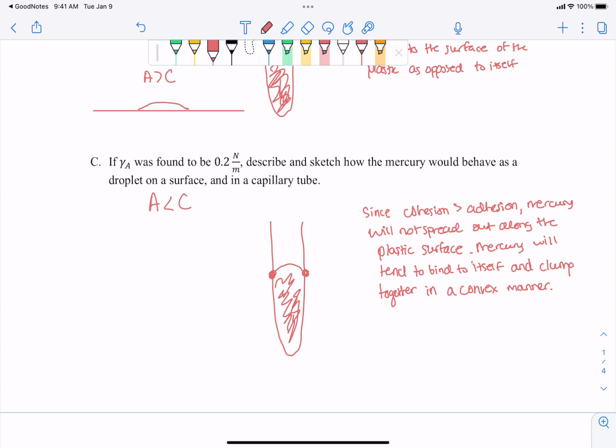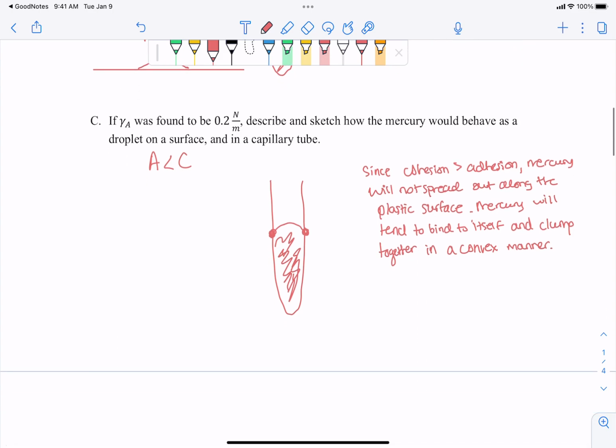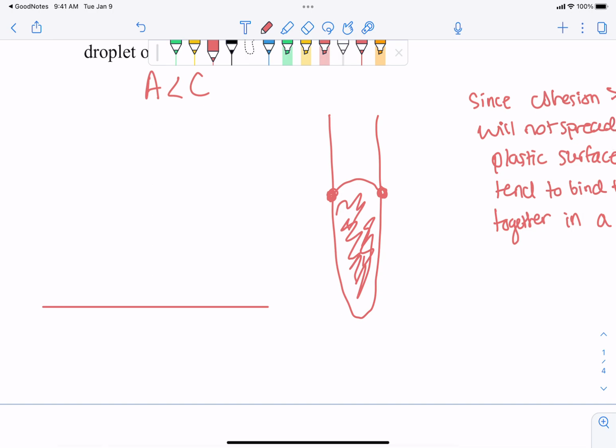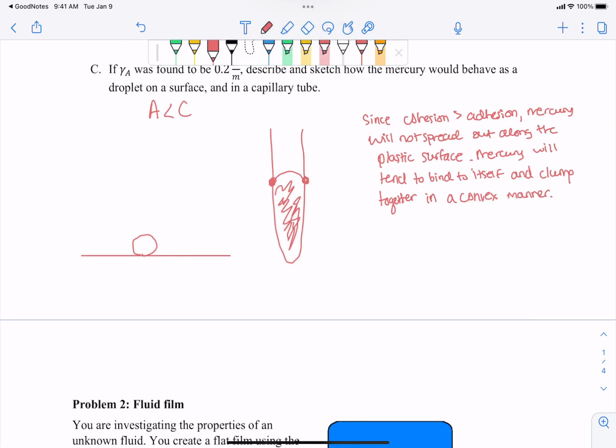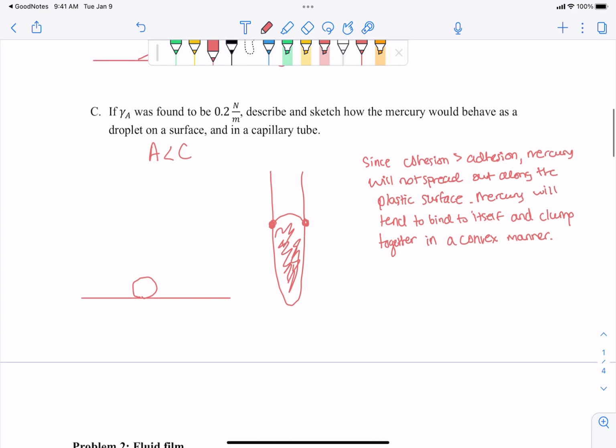And then for a droplet on a surface, right? How would that look? If the adhesive forces were less than the cohesive forces. Yep, kind of a round bead, right? It'll clump up a lot more. But yeah,